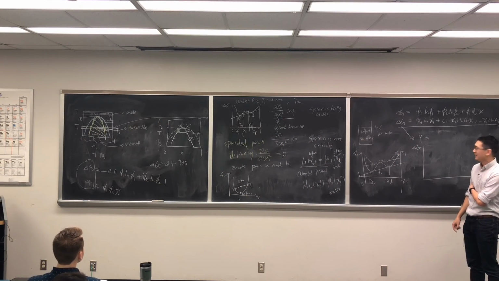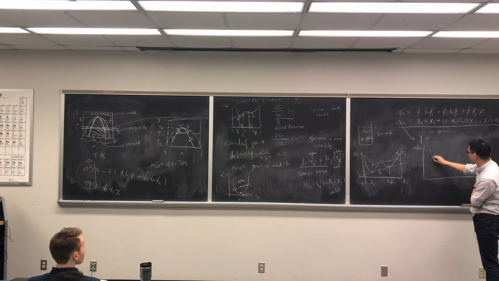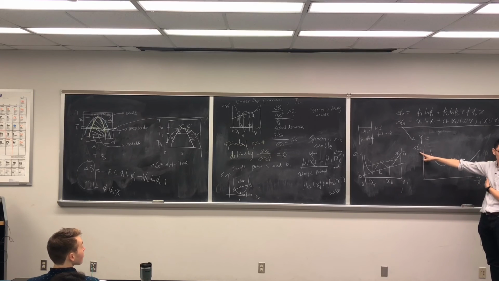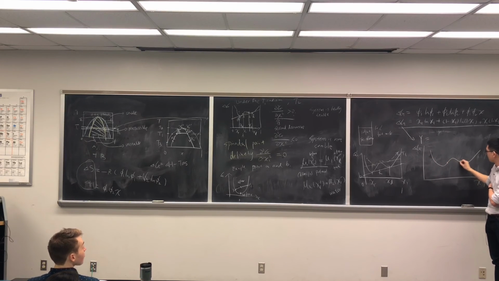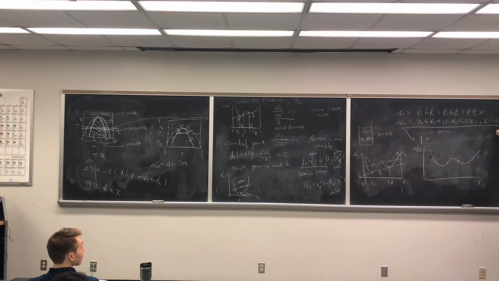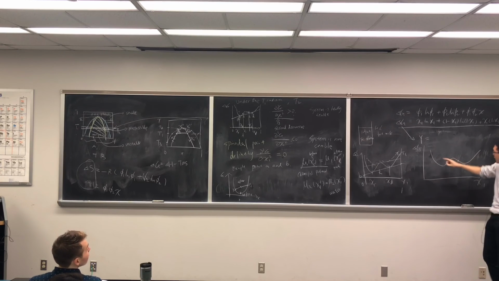Let's say this is T1 in delta G, where you have two spinodal points. While you change the temperature, because your G function depends on the temperature, you're going to have